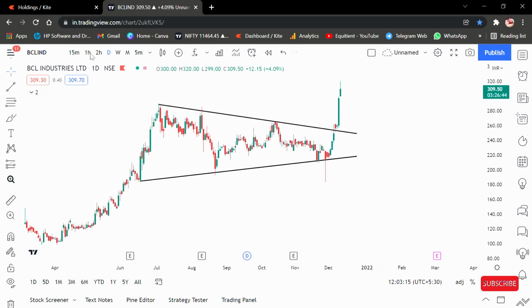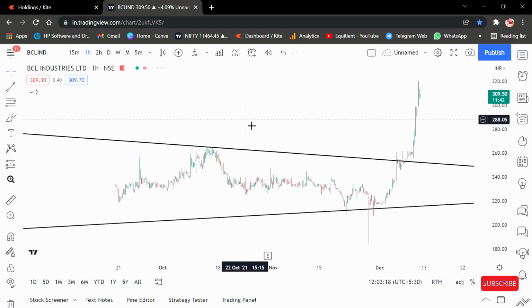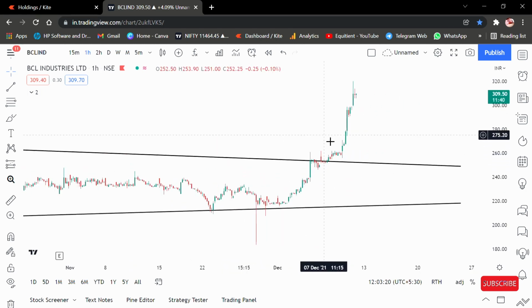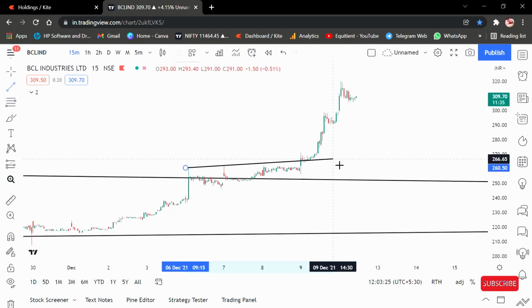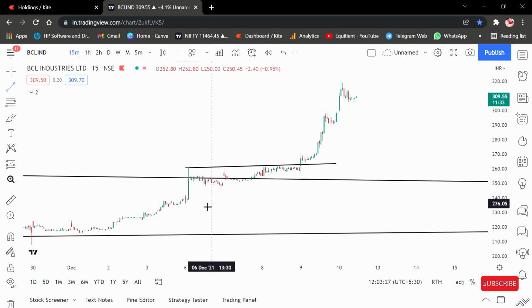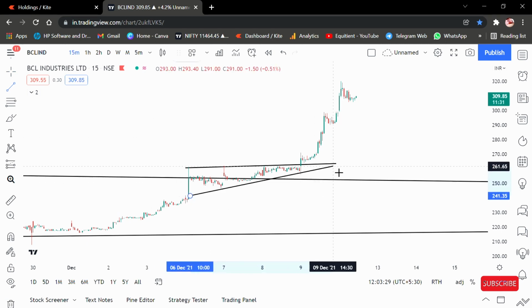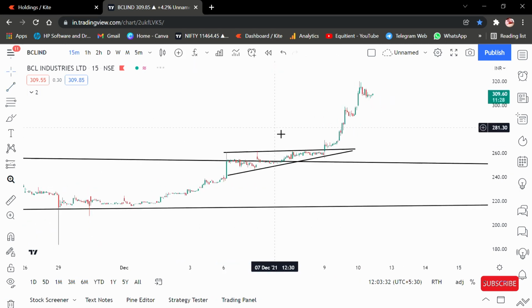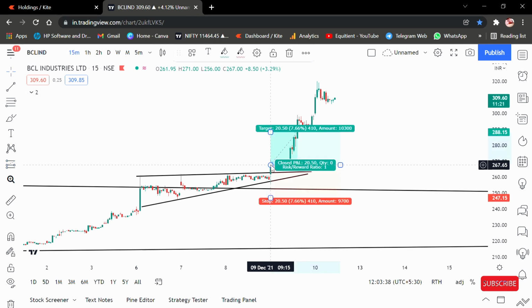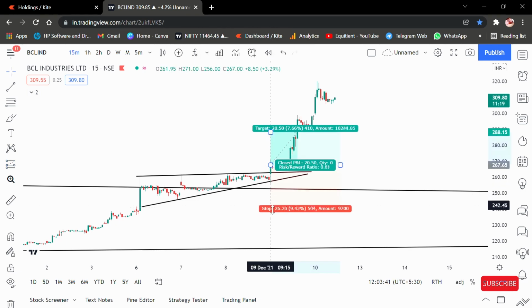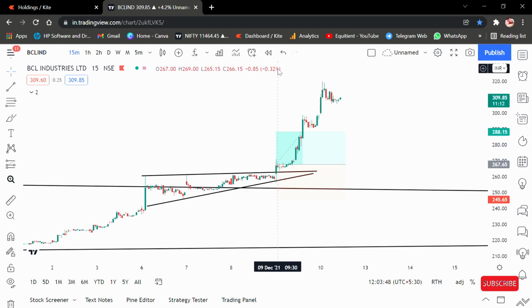Let me show you on the hourly chart. So this is how it is looking after the breakout on the hourly chart. So my entry was somewhere around here. So this is the 15-minute chart. If you draw here, this looks like a channel pattern. So my entry was somewhere around here, 67, 70, somewhere around here is my entry. My SL is below this, because I don't want to take that much risk. So this is how my trade will look.